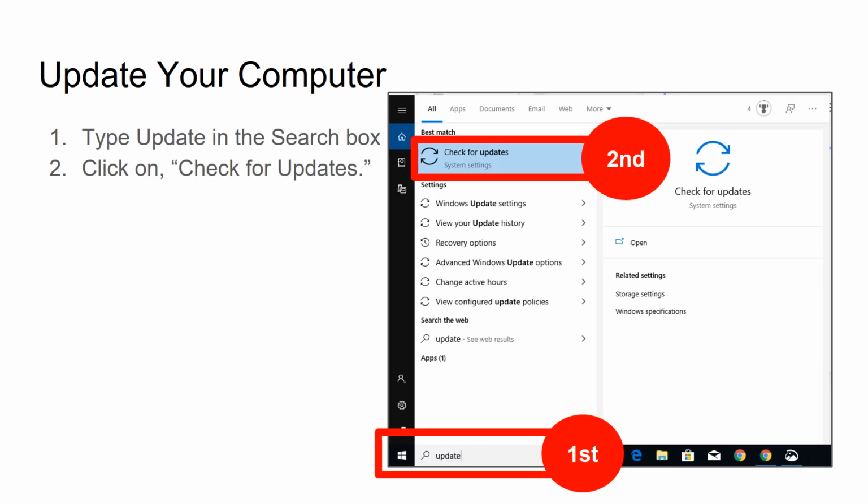So to update your computer manually, if you don't get these updates down here in your taskbar on the far right side where I said, where it comes up automatically and does it, you can actually go in and down into your search, and you can type in update. And then when you do that, it's going to have all these kind of things listed. It may be something different. It may be the same things. It just depends upon how it reads update. So here it has checked for updates. So when you click on that,